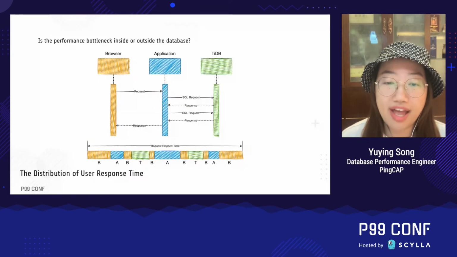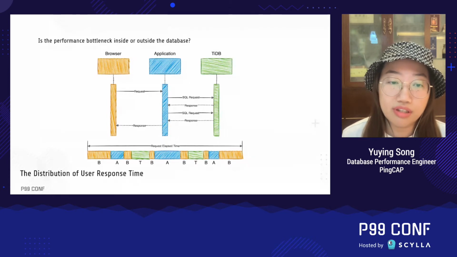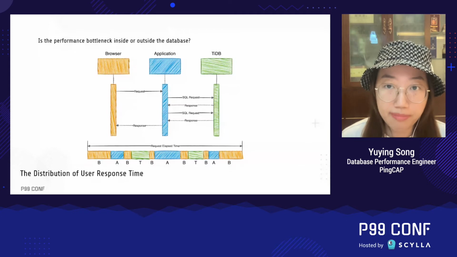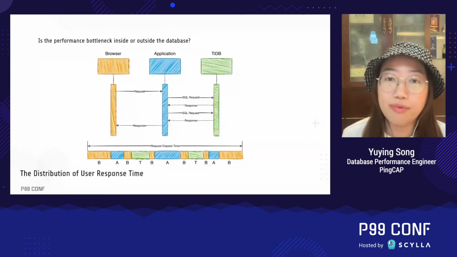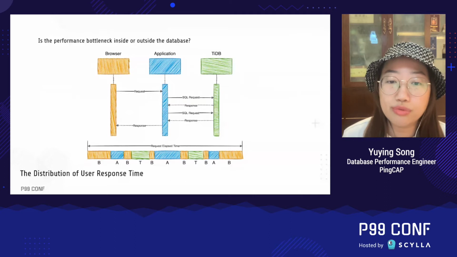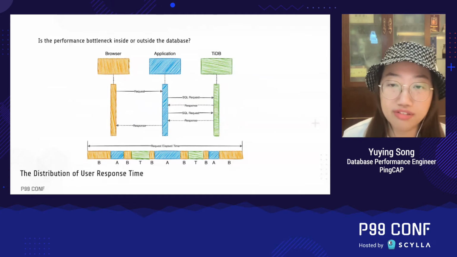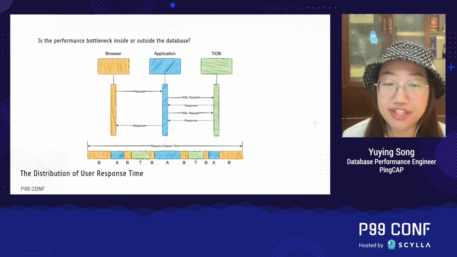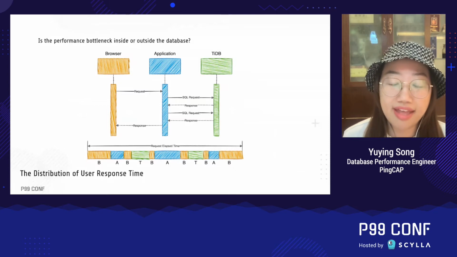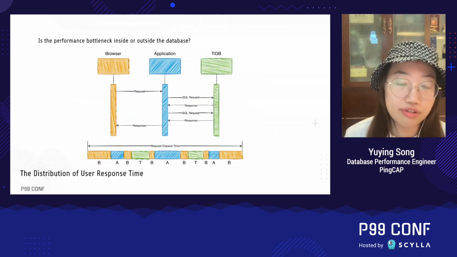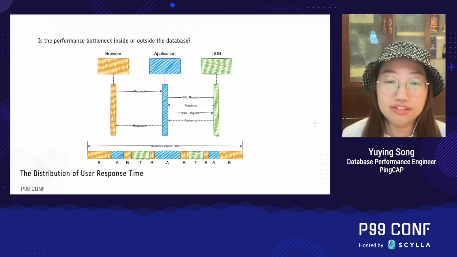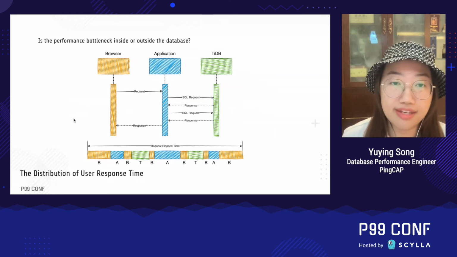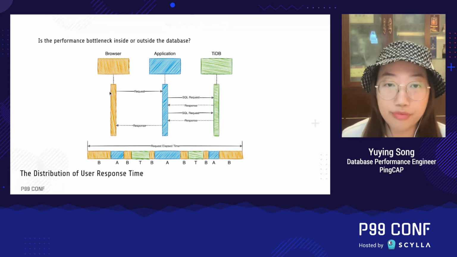Before talking about database time, we first talk about user response time. User response time has different meanings for different people. For example, if you are a DBA, user response time maybe is the query duration, the SQL span in a database. But if you are an end user, using a browser or an application, the user response time for you maybe is that you submit a request from a browser, and the request goes through the network to the application